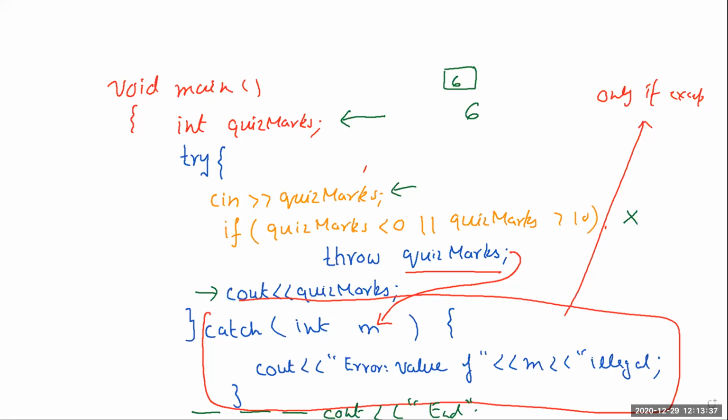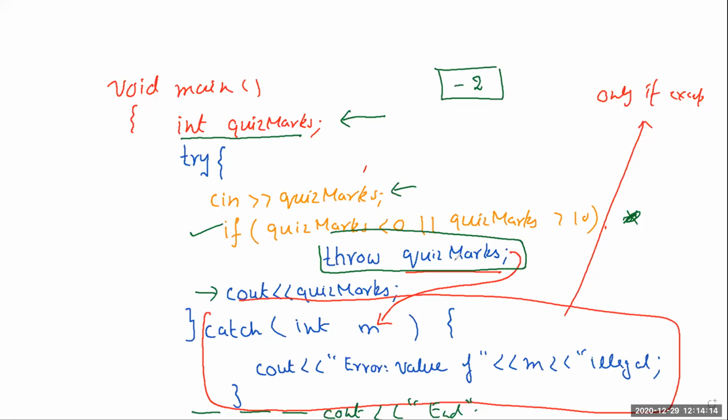Now let's change this and assume the user enters some illegal value. So again, we execute this program line by line. We declare a variable quiz marks, 4 bytes are reserved. We ask the user to enter a value. Suppose the user enters the value -2. Now we check the if condition. Quiz marks less than 0, yes, it is -2. So it means this if condition is true. When this if condition is true, you come to this statement: